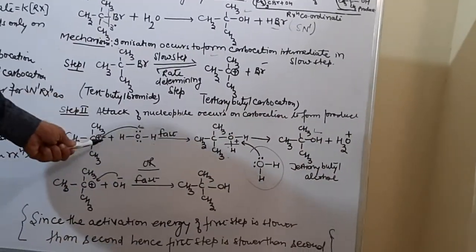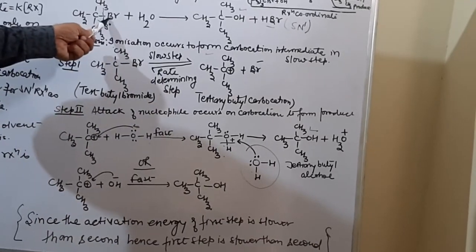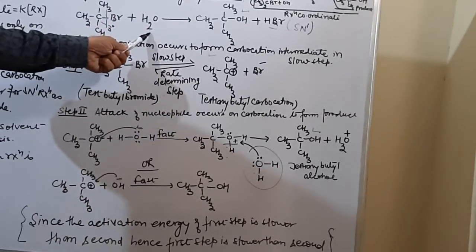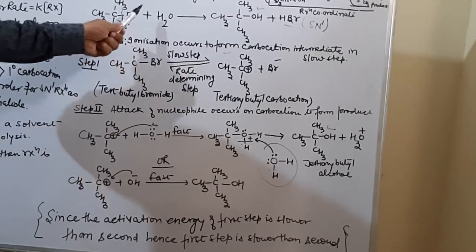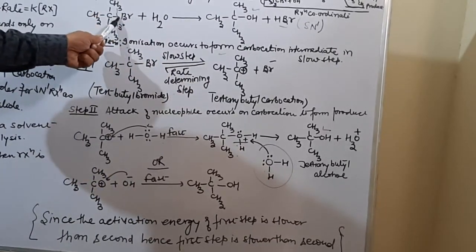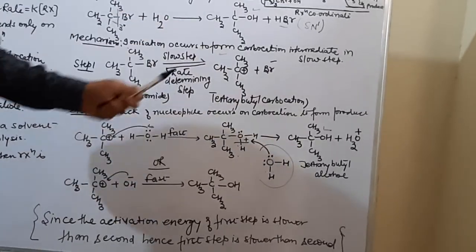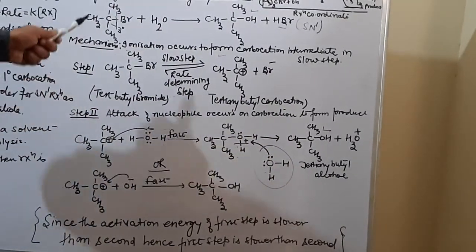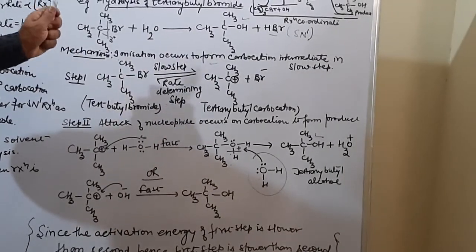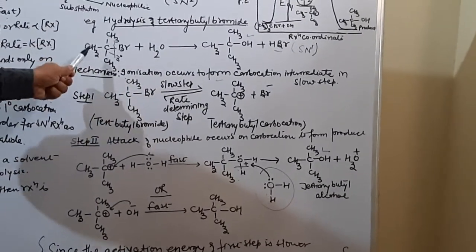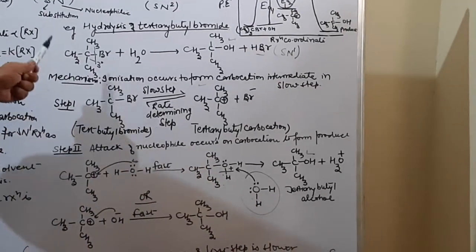How? By the substitution of the bromo group by the OH group. So what is the OH negative over here? Strong nucleophile. What is Br over here? Weak nucleophile. Since the strong nucleophile substitutes the weaker nucleophile, this will be called a nucleophilic substitution reaction. And since it occurs in a 3 degree alkyl halide, always and always, what mechanism? SN1 reaction. So what will be the mechanism of this reaction? Nucleophilic substitution reaction of first order.